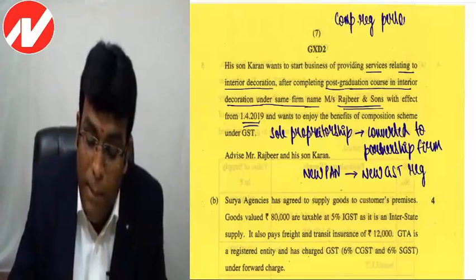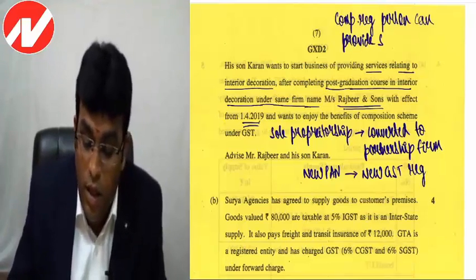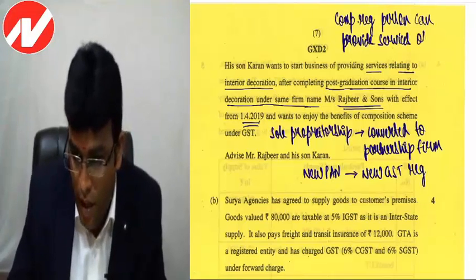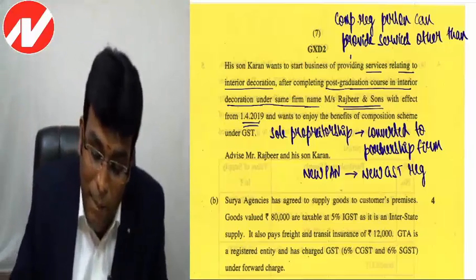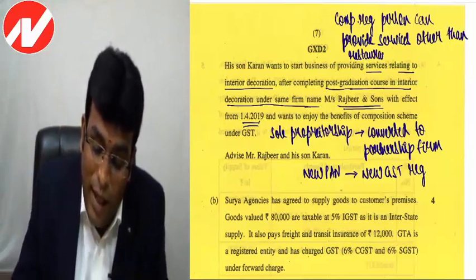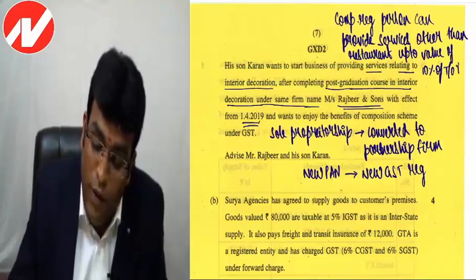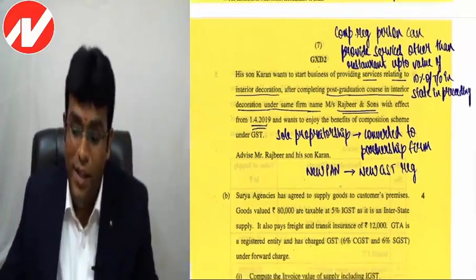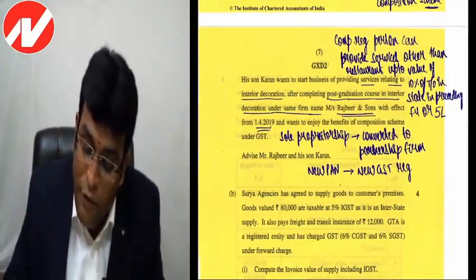And one point very clear, let me tell you, my dear friends, in case of composition scheme, a composition registered person can provide services other than restaurant up to a value of 10% of turnover in state in the preceding financial year, or 5 lakh rupees,